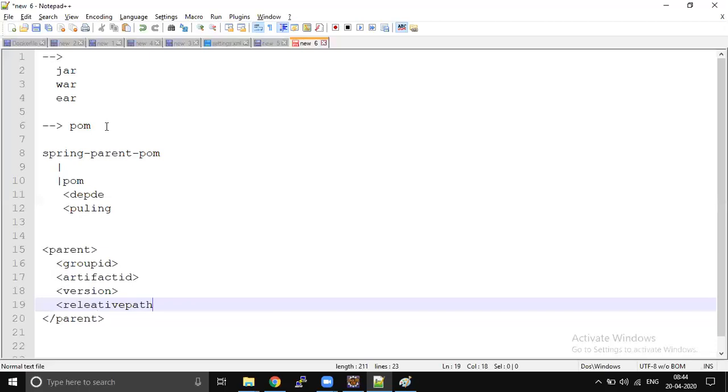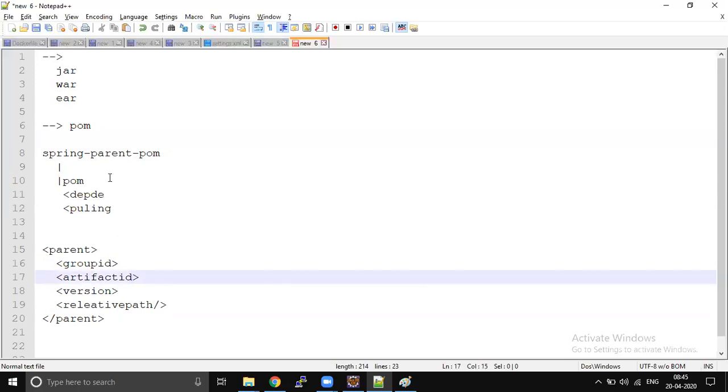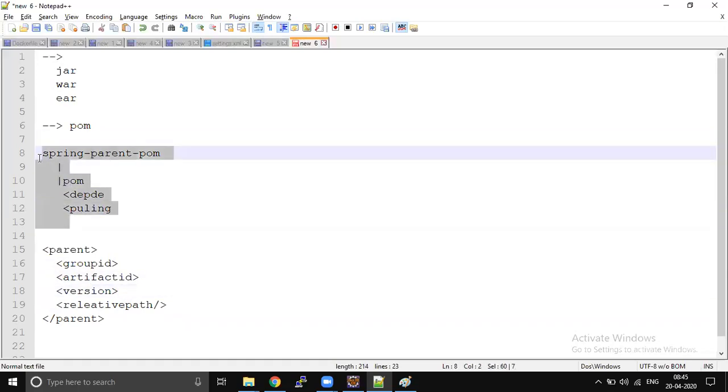The default tag can be given. So here is the group ID, whatever group ID you have given for the parent, whatever artifact ID you have given for the parent, and whatever version you have given for the parent.